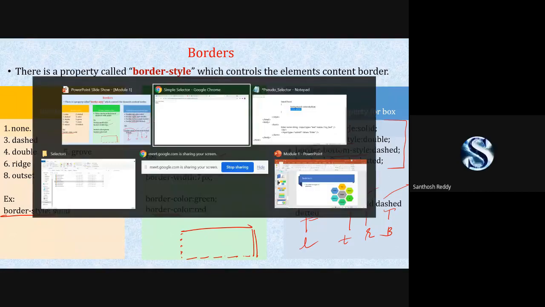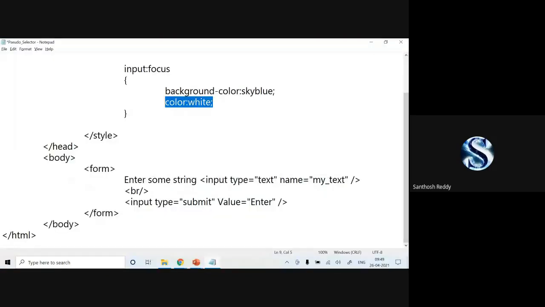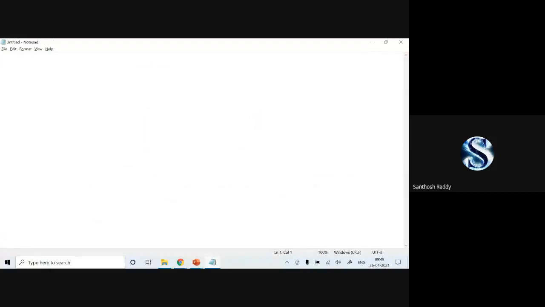One thing I'll show here, just observe it. HTML, body. Now I'll come back to the body part.